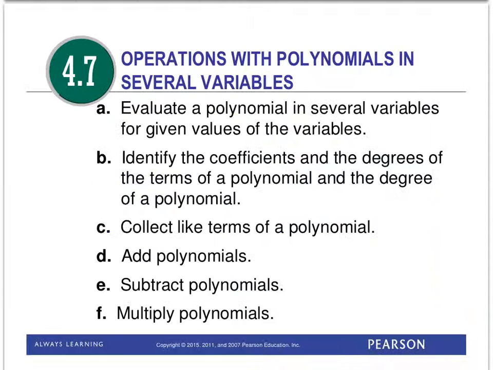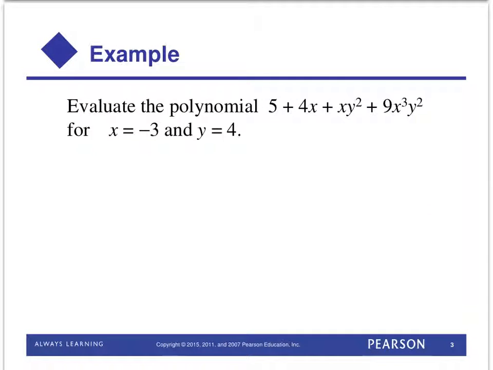Okay, we're on 4.7. So now we're going to do several operations with polynomials and several variables. So don't forget, we've already done this, enough coverage on it. You just have to stop and think about what it's asking. So for the first example, it says to evaluate. That means we're going to substitute in the values